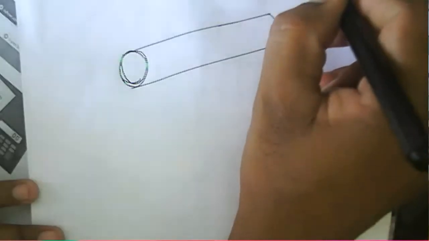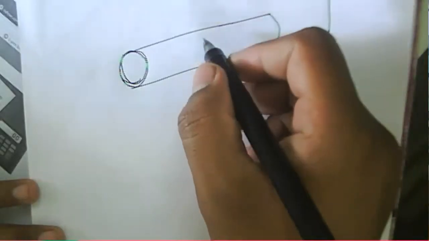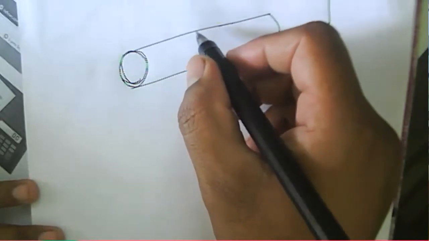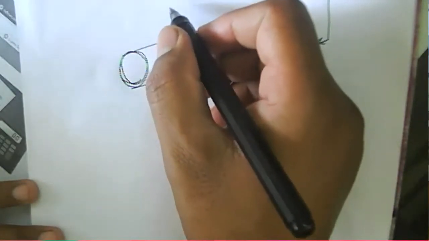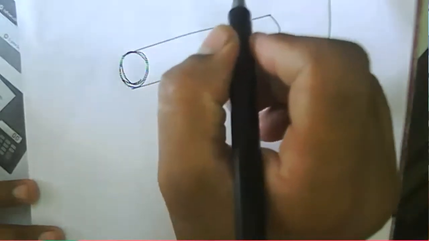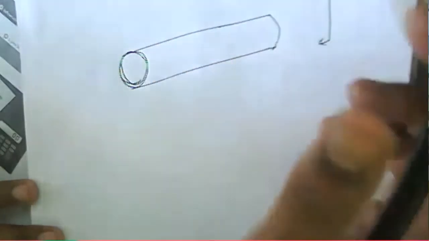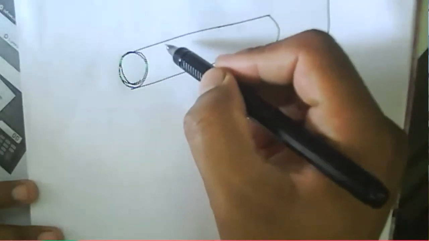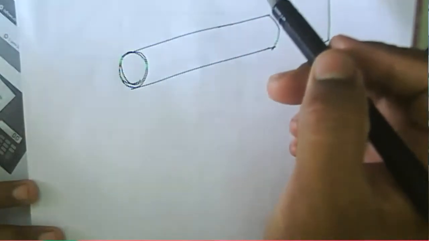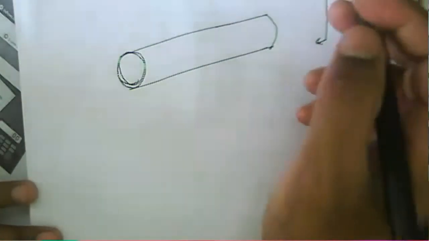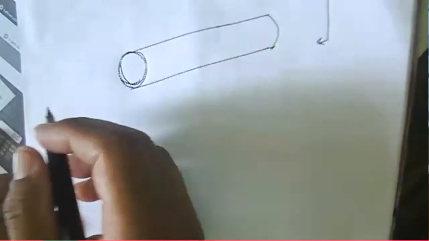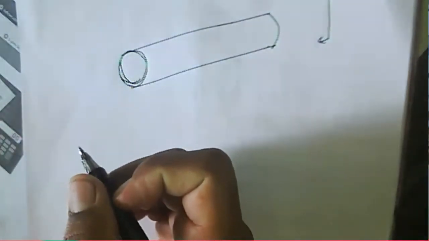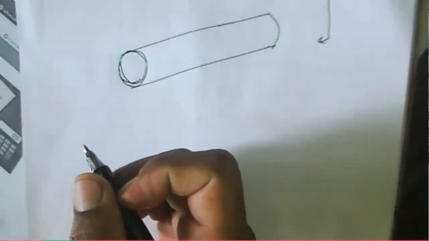Only the mode is different. What is the difference there? Dominant mode. Generally, we say that the dominant mode of a rectangular waveguide is TE10. In a circular waveguide it will not be TE10, because everything changes, right? So in that case, the dominant mode may be TE11. Likewise, we need to find out the dominant mode for the particular waveguide, that is, your circular waveguide.